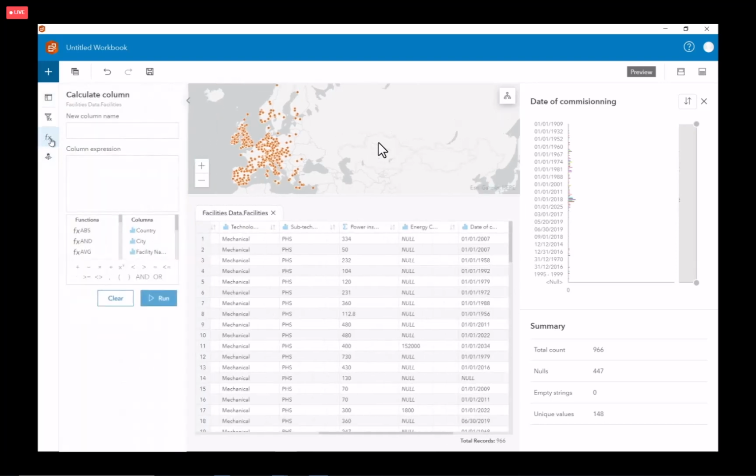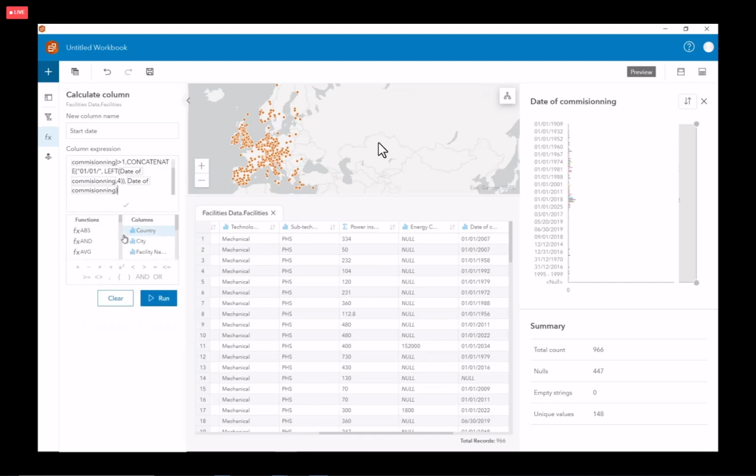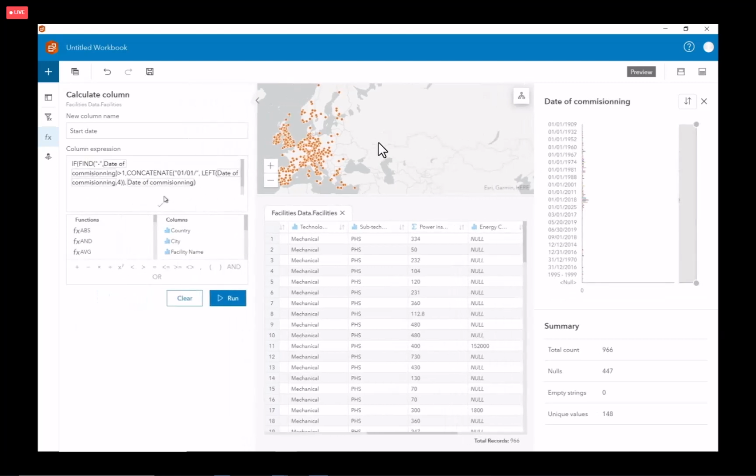You could go multiple different ways of cleaning this data set, but let's start by creating a new column. Let's name it start date. And I have already copied an expression which says what I want to do, but I will explain that in a sec. So I'm using a function here trying to find the dash in between,